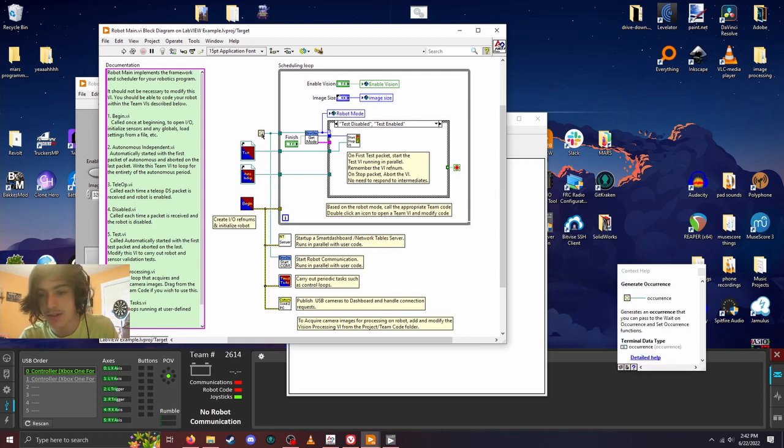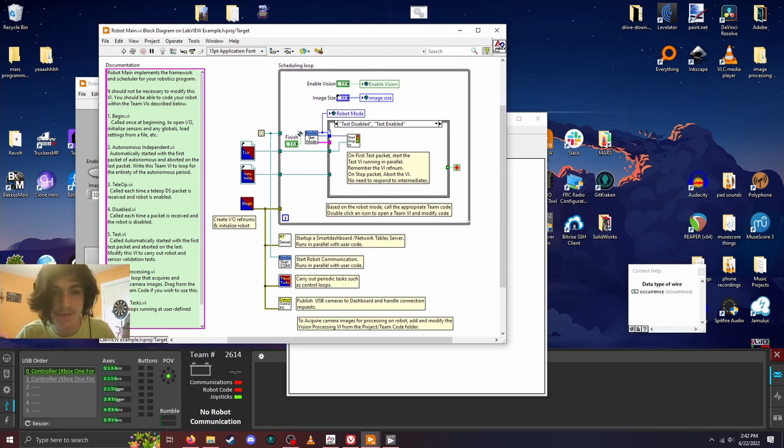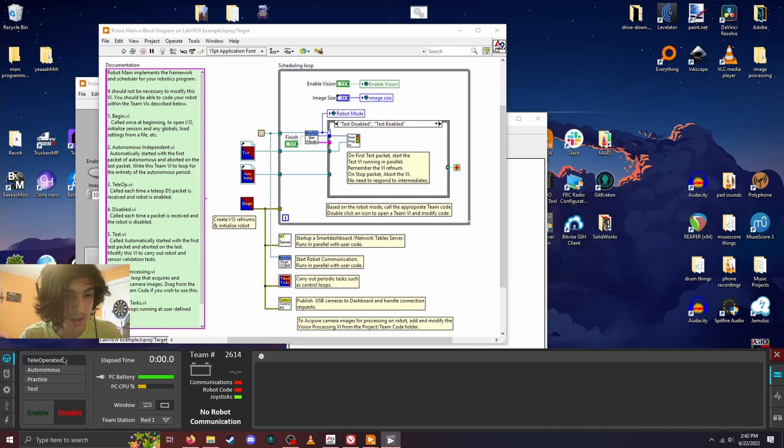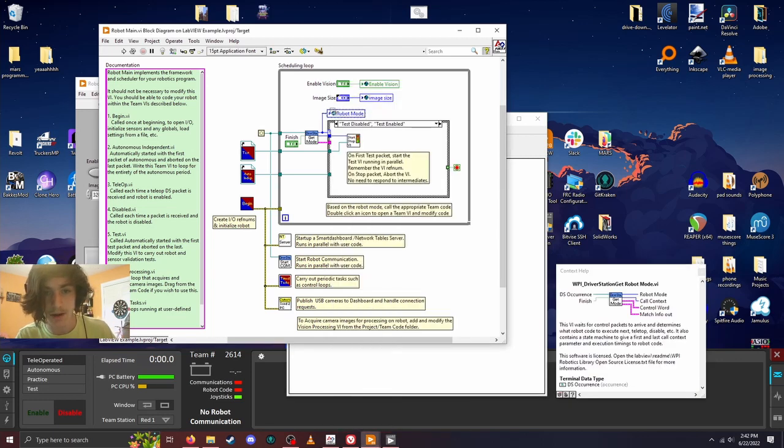There's this thing called an occurrence, which is kind of ambiguous, but it's sort of referencing the robot itself, and it's basically this driver station taking in this occurrence and getting the mode from the driver station. So whether we're in autonomous enabled, autonomous disabled, test enabled, test disabled, etc., and that passes into this case structure. And there's also this robot mode